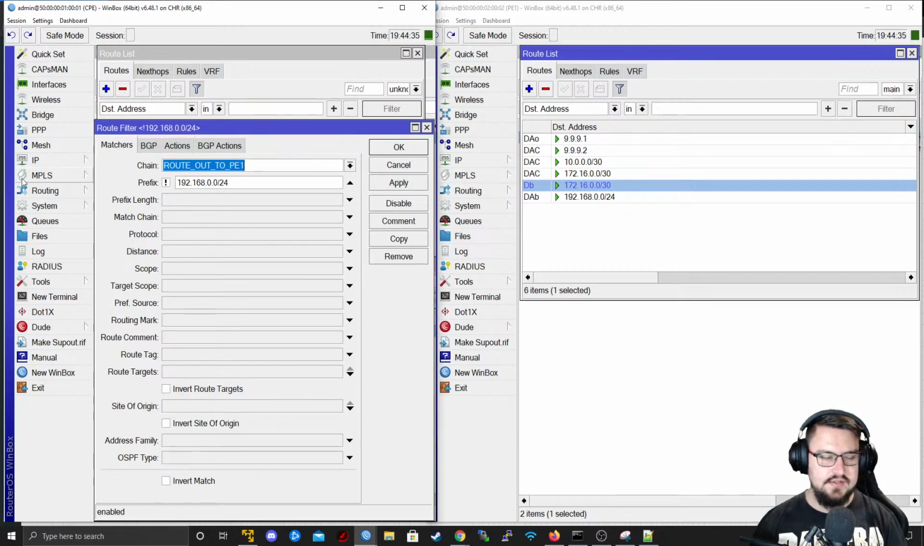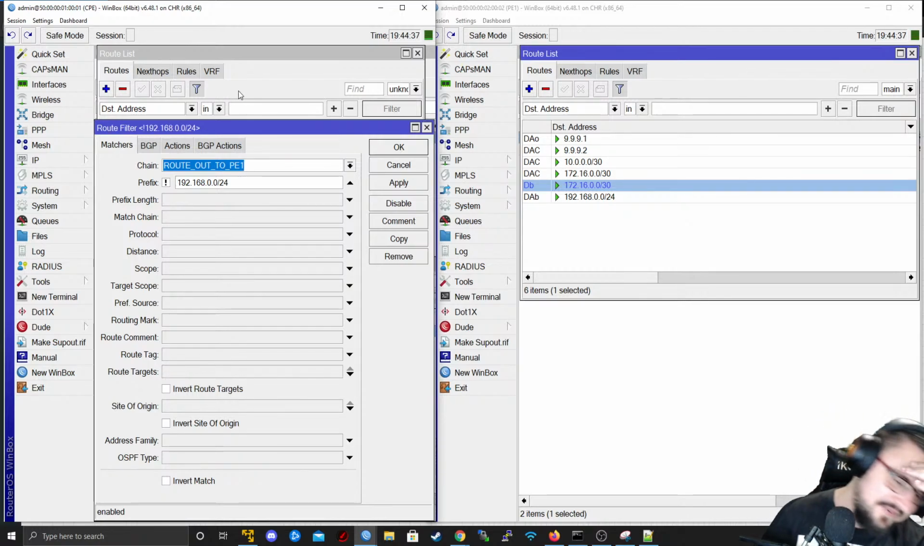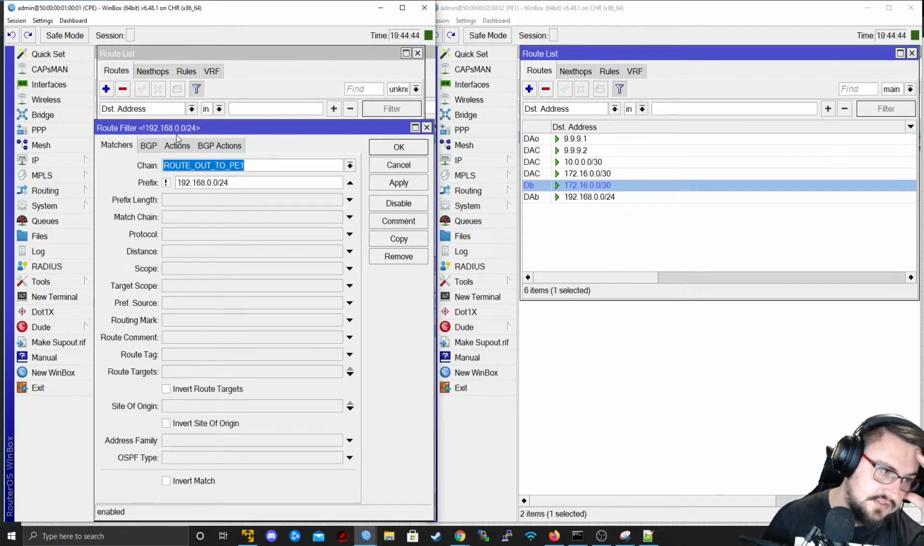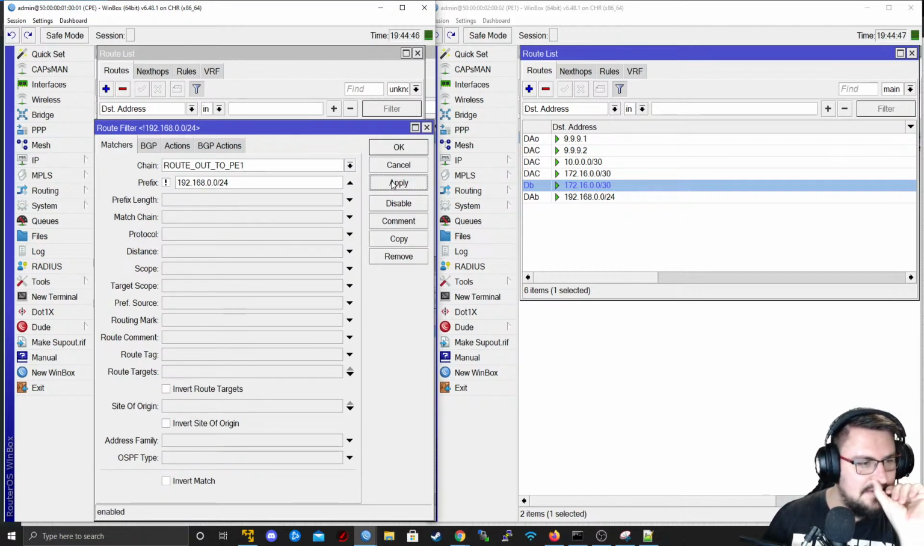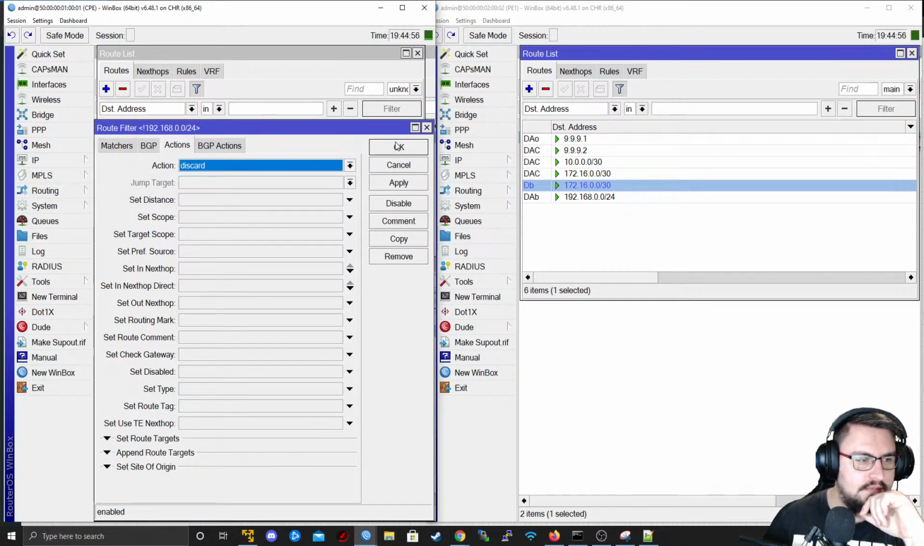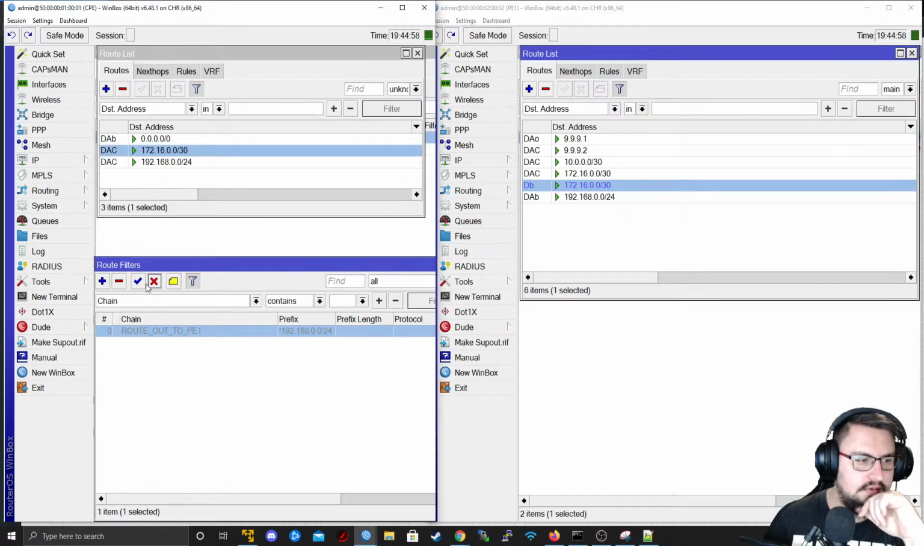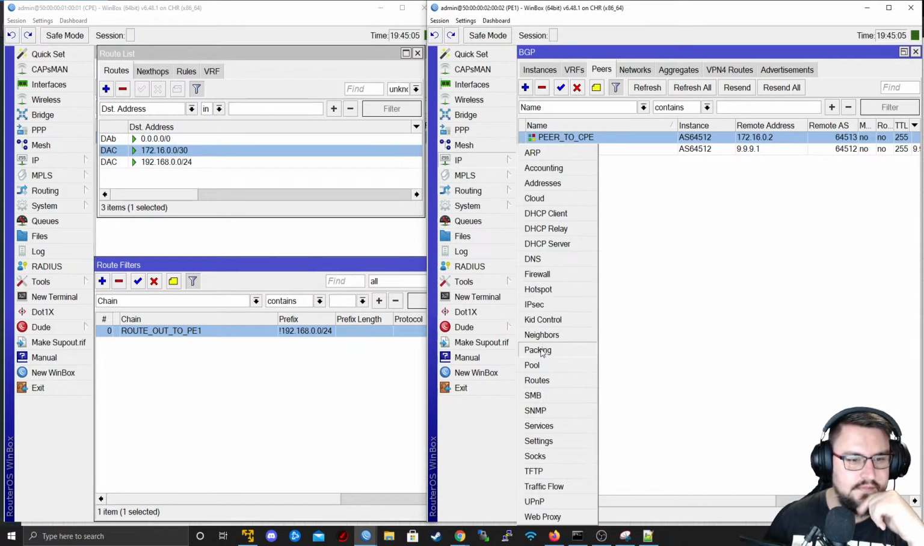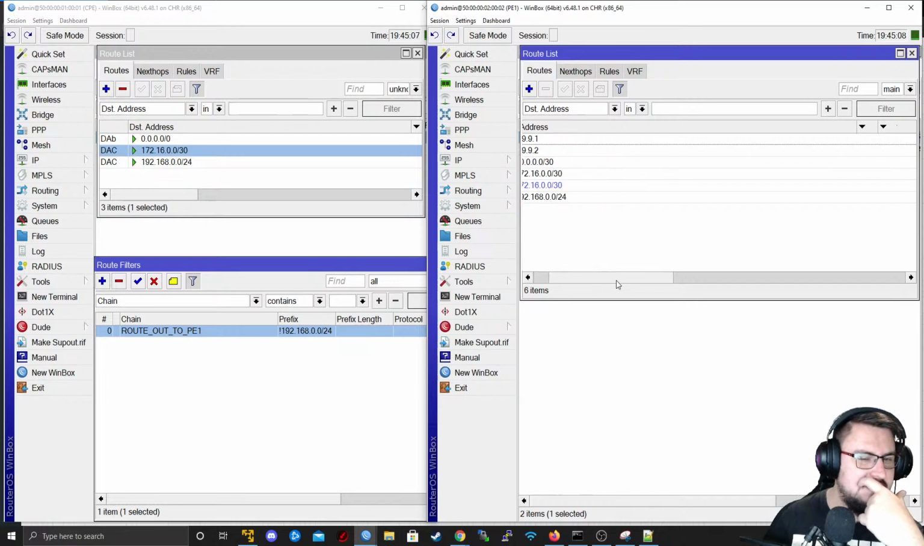Oh, but this is a pointless rule actually. Anything that is not that, I should discard. That was me being silly. So anything that's not 192.168.0.0, we will discard. All right, that looks a bit better to me. Let's just reestablish our peers quickly. Let's look at our routes. I'm still learning this route, but